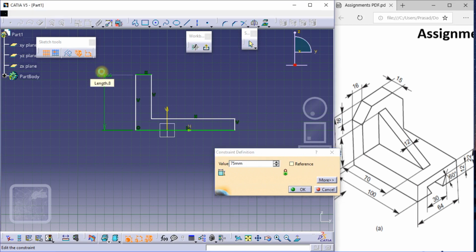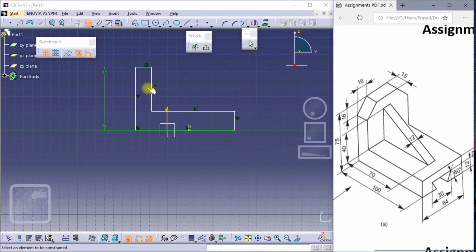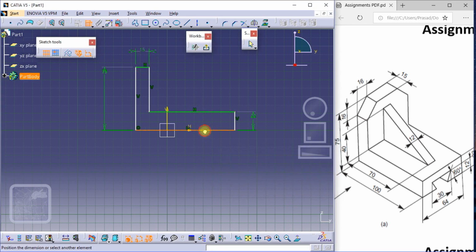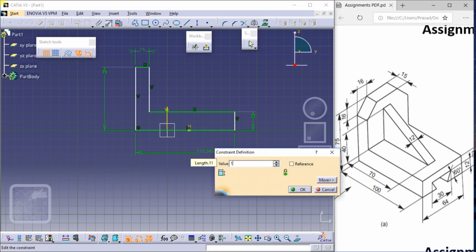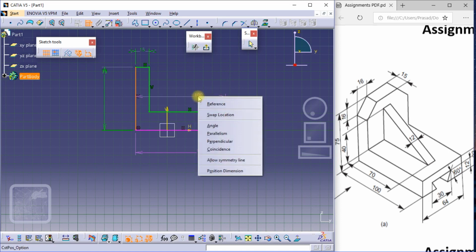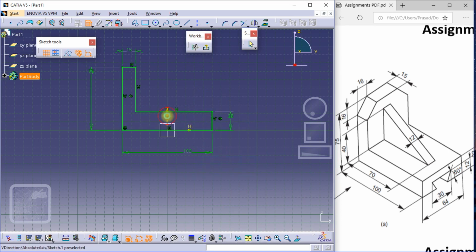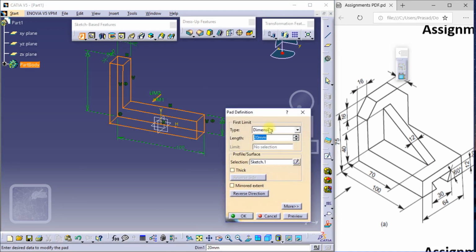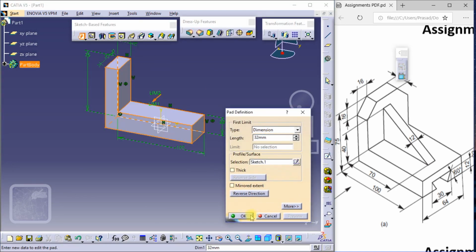So now give the dimension from the constraint dialog box. It is 22. It is 15. After this, we have to allow the symmetry, so select the first line here and the second one, right click and allow symmetry line above the axis. So it is done. Now exit sketch